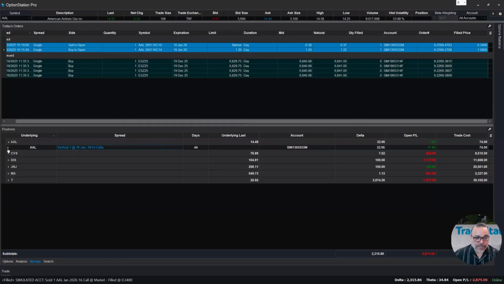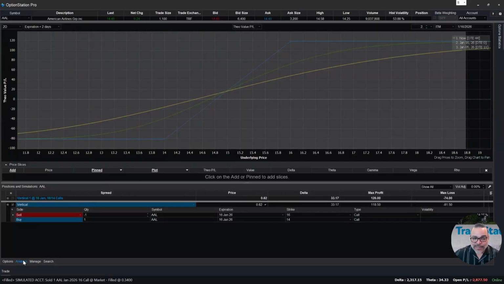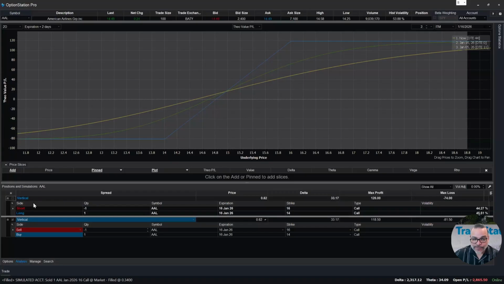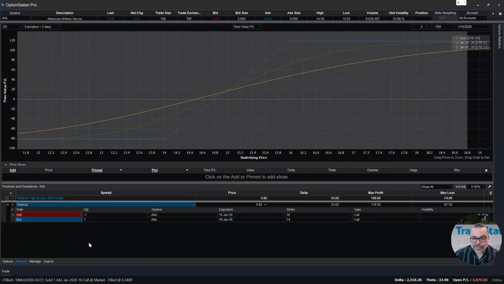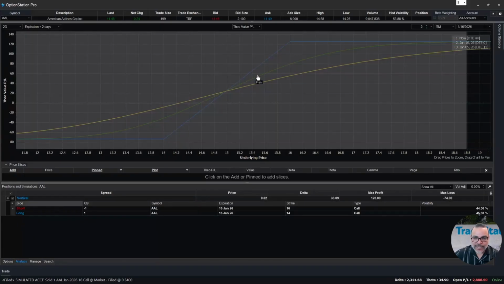So this is a vertical. If I open this up, I'll see the two legs that make up that vertical. From here, I can right click on that vertical and analyze a duplicate of that position. If I do that, it'll send me here to the Analysis tab, and notice that it gives me the vertical as a simulation. I also have the vertical up here as the real position, because I do have the real position, but I can also do a simulation. In fact, if I didn't have to really add the simulation, I could have just analyzed the real position. Let me go ahead and delete my simulation, open up my vertical and click it,